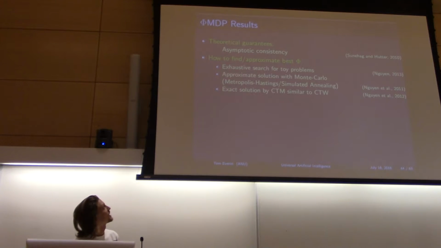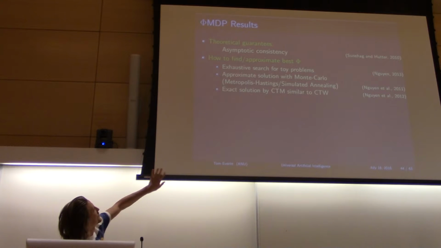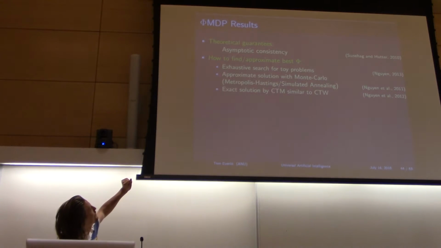And then various approximations. It's obviously computationally hard to find the optimal map from histories to states, but in small toy problems this can be done. Otherwise, you typically have to rely on some kind of modifiable techniques, for example, simulated annealing, to search this space of possible maps, and you find some local minima.